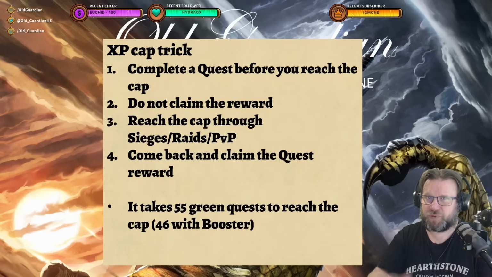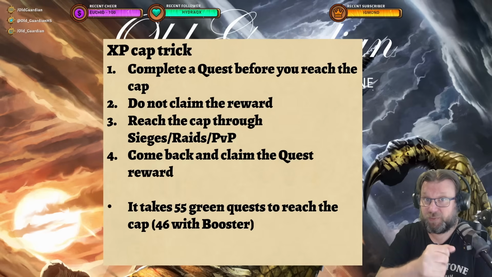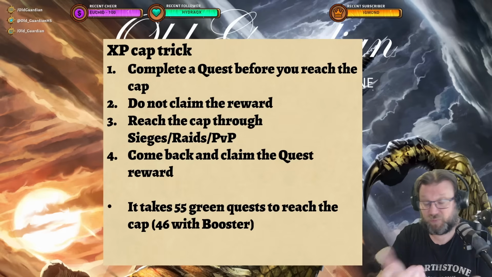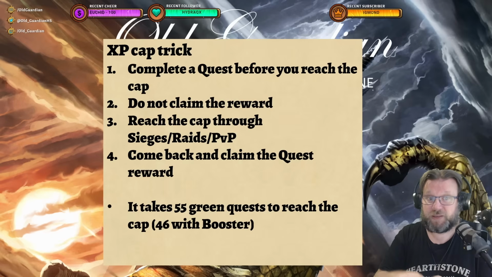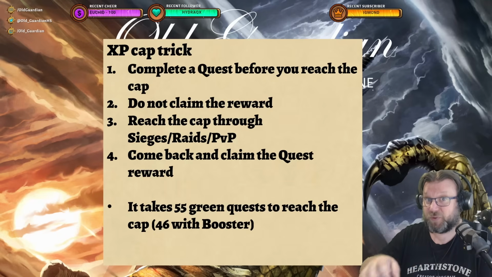And there's also a little trick that you can use to up your daily cap by up to 10%. This trick works so that first you complete a quest before you reach the cap. You must not be at the cap yet, and you complete the quest, but you do not claim the reward. So ideally you want this to be a purple quest, but blue quest will still do as well. Then you reach the cap through other gameplay, sieges, raids, PvP, and once you have reached the cap, you come back and you claim the quest reward, and it still awards you with XP even though you have already reached